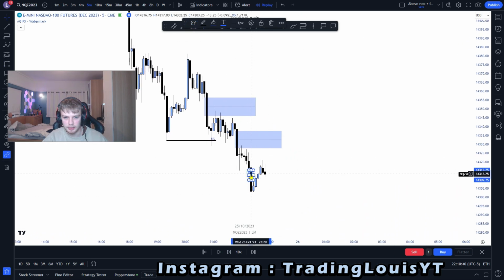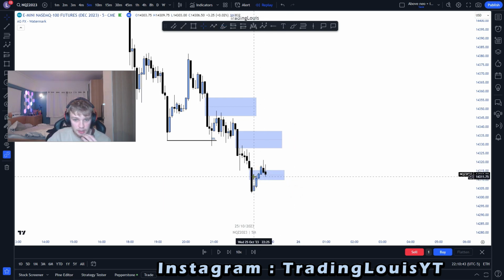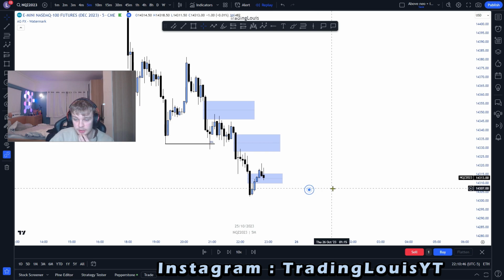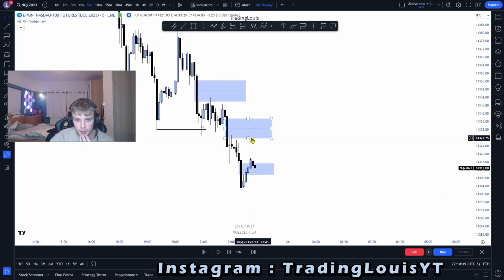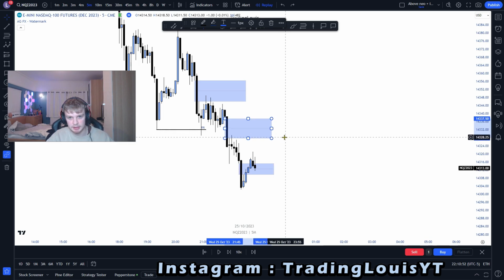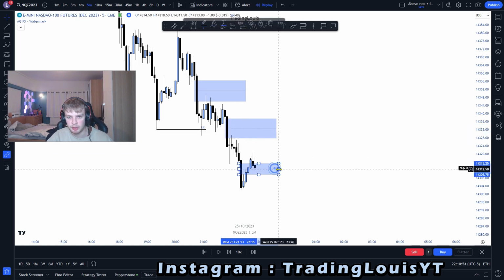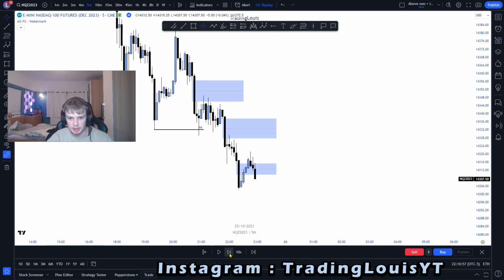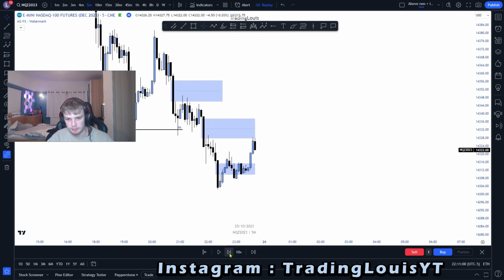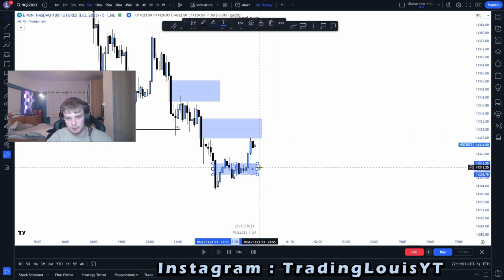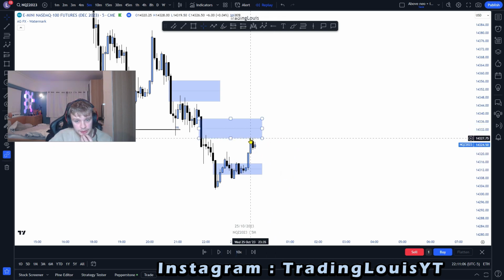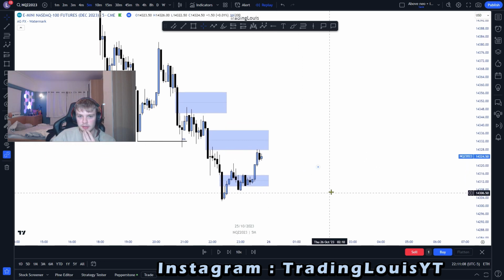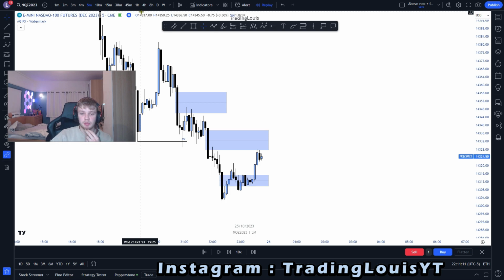We have another one here, and now as you can see, we have this bearish fair value gap that has just been violated. So what would I want price to do? I would want price to at least come up and tap into this bearish fair value gap right here. So let's just play out the price action. There we go. Price comes up and taps into this fair value gap here. So yeah, if you do this on a higher time frame, this is a very nice way to find your draw of liquidity